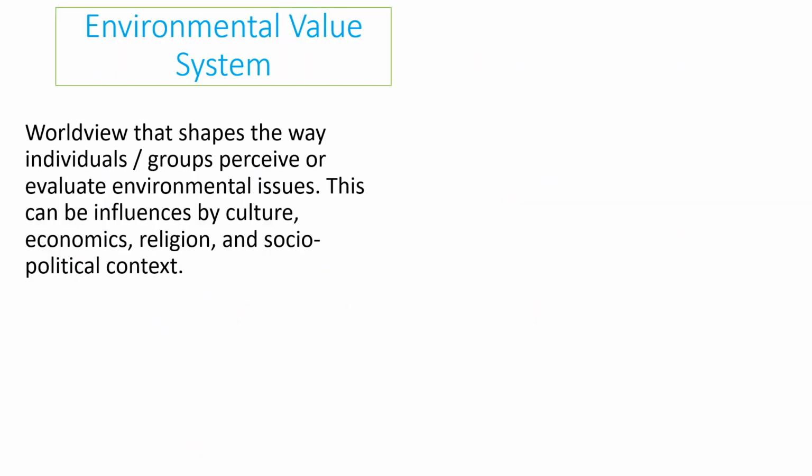So if we start off with the very first bit then, environmental value systems, and what does that mean? Well, an environmental value system is a worldwide view that shapes the way either an individual or a group of individuals perceive or evaluate environmental issues. So this could be influenced by things like culture, economics, religion, socio-political backgrounds, okay,